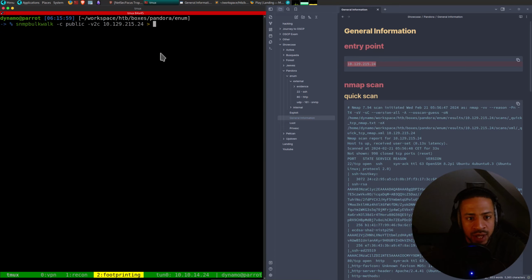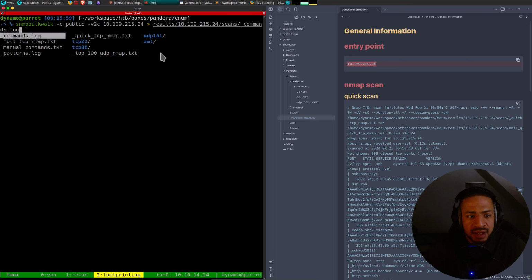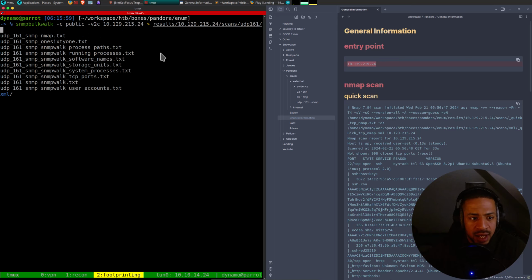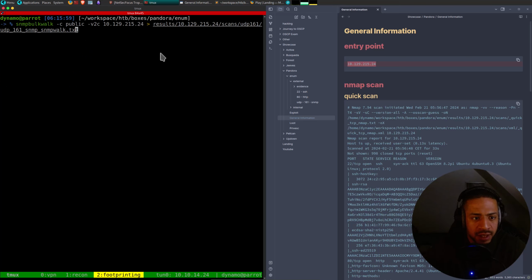So what I'll do is I'll save this output to results, scans, UDP 161, and then I'll call it like this, but I'll add bulk walk. So essentially what we did was we did SNMP bulk walk.